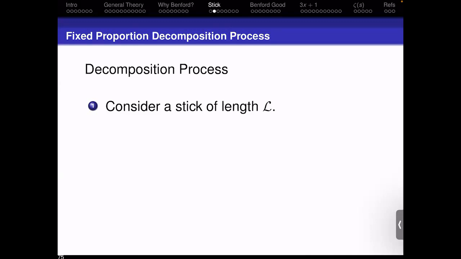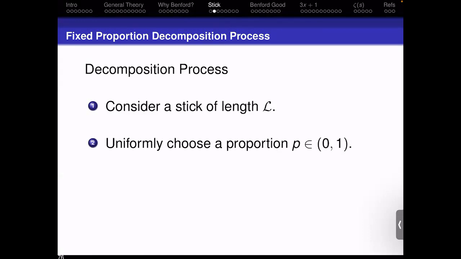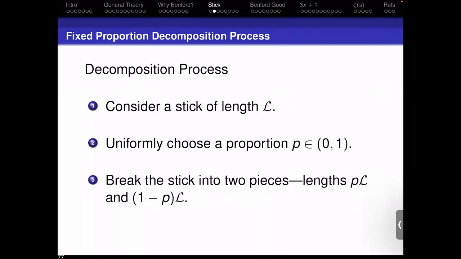So imagine we have a stick of length L, and we uniformly choose one proportion P, and then we will split the stick into two lengths, PL and (1 minus P)L. And then each of those sticks will split with the same proportion P, and now we'll have 4 sticks, and so on and so on. So this is the simplest model to do because we're using the same probability every single time. Of course, instead of using a fixed proportion, you could allow yourself to have a different proportion each time and see how that affects things.